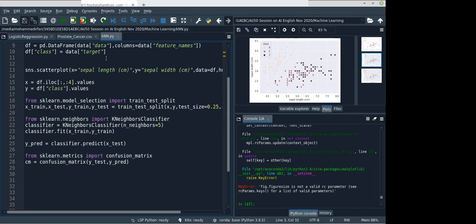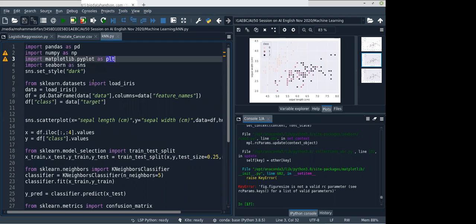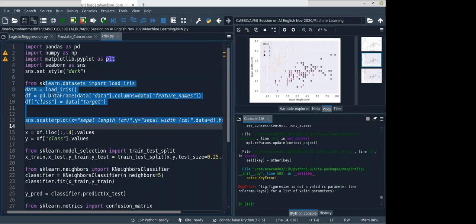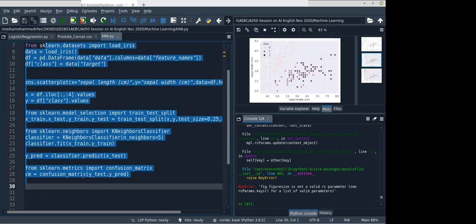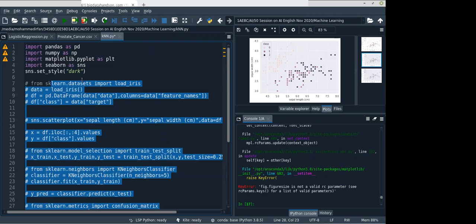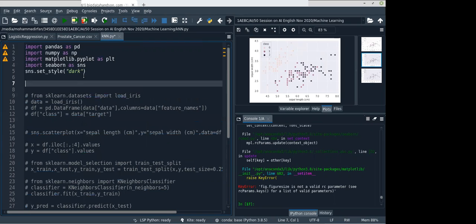Okay, now let's create a regressor algorithm. So we want to comment all this out. Now we'll use different data, a regression type of data.